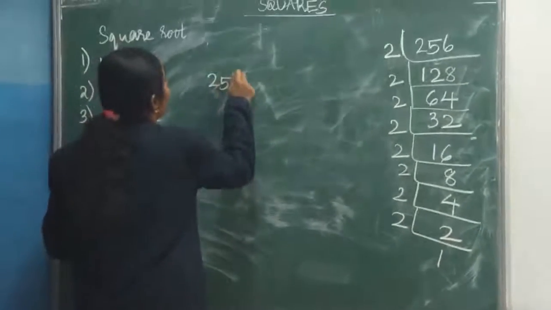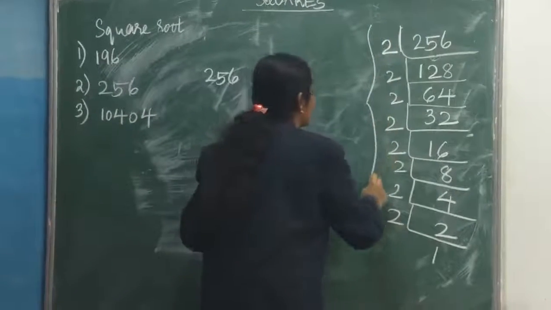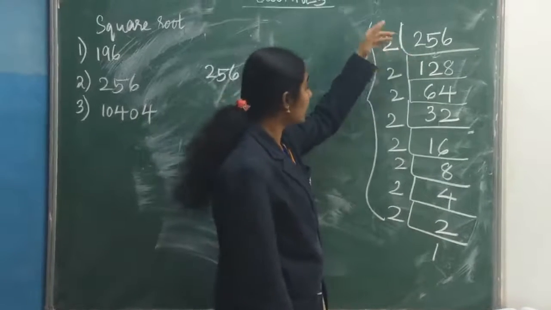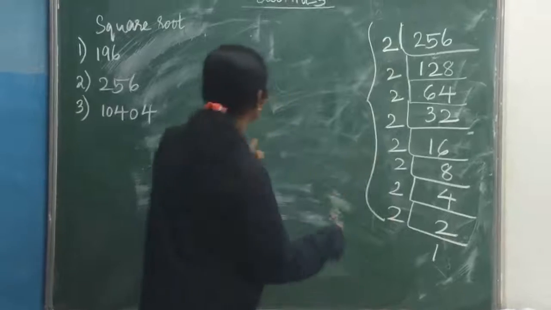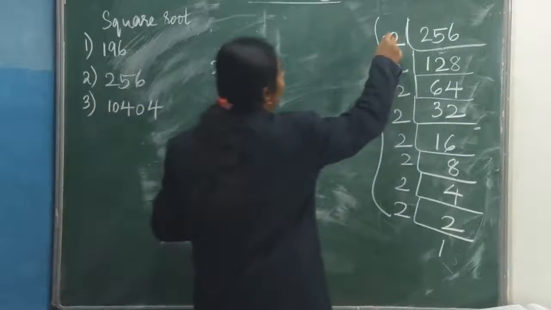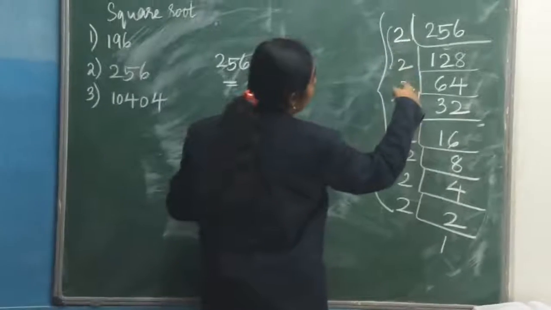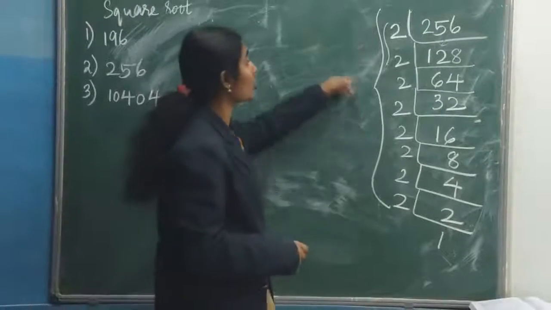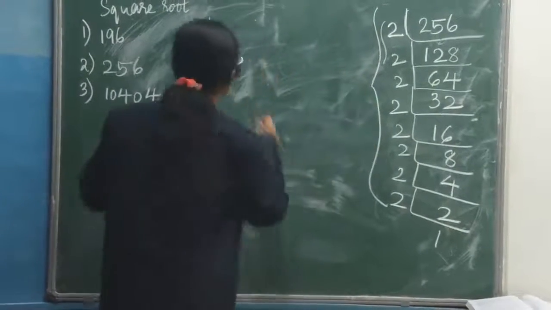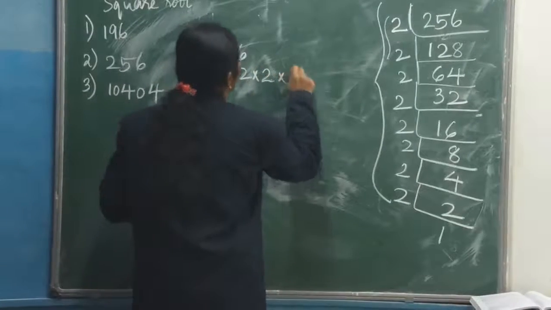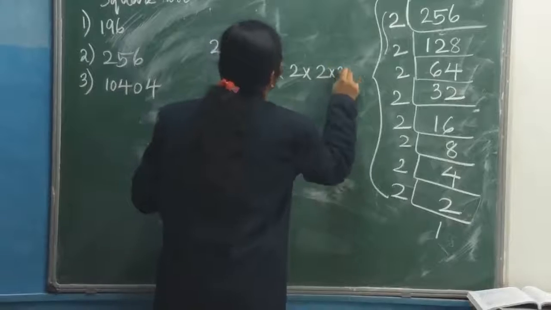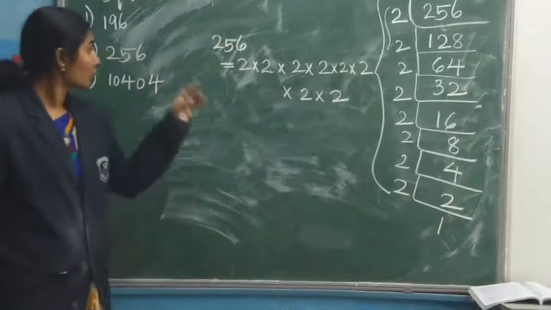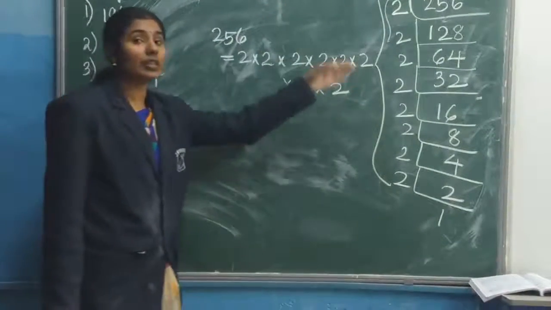The given number, you should write the product of these numbers in this column. You can see this column. So, you should write 256 as the multiple of all these numbers. So, what will you get? Here you can see 2, 4, 6, 8 times 2 is coming 8 times. So, that much you should write. 2, 4, 6, 8. So, 256 you can write as the product of these numbers.